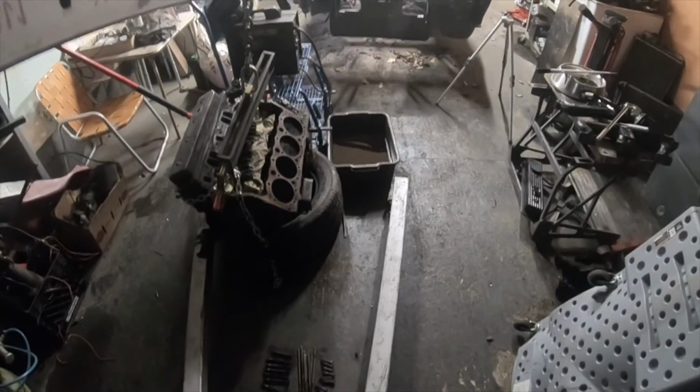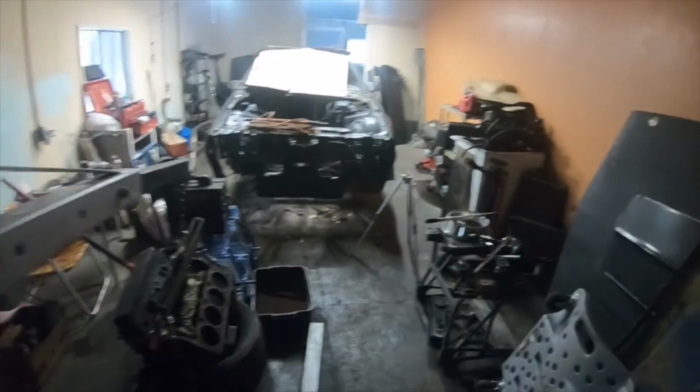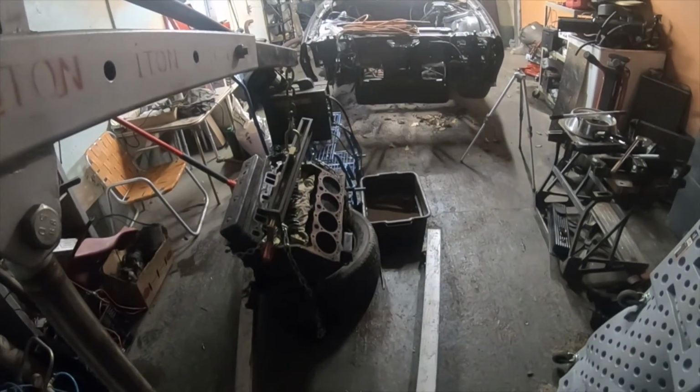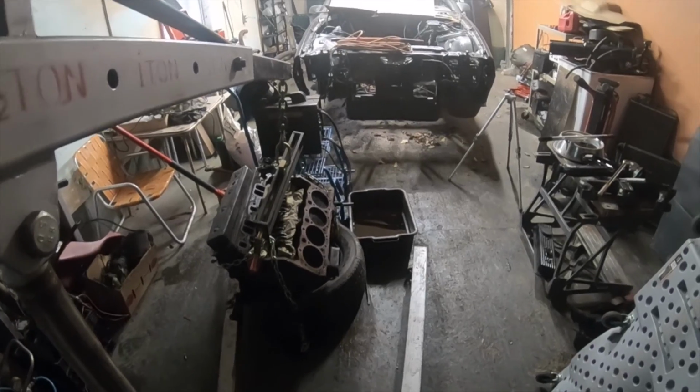Don't get me wrong, the LS motor is okay if you like spark plugs blowing out the heads. And yes, they do the same thing as a 5.4. I got a buddy of mine with a Chevrolet pickup truck, and the number 3 spark plug blew straight out of the head. So I think I'd rather keep this 350, especially if it's a 4-bolt main. Somewhere later down life, I'd like to get a set of aluminum heads for it. Speaking of the heads, guys, if y'all looked at my previous videos,